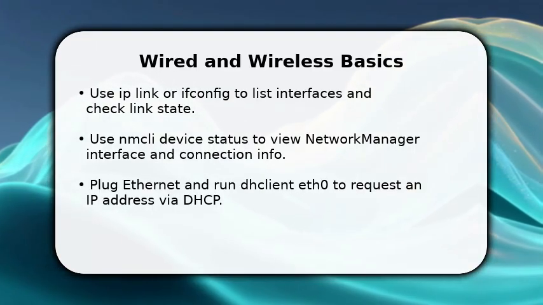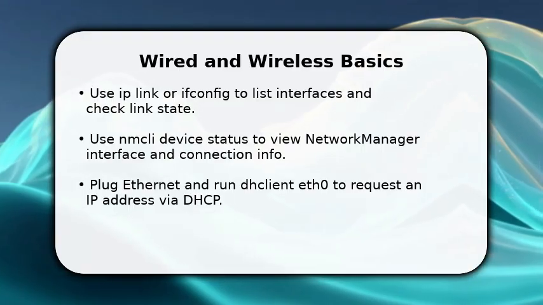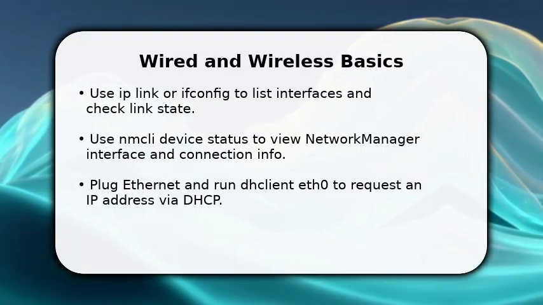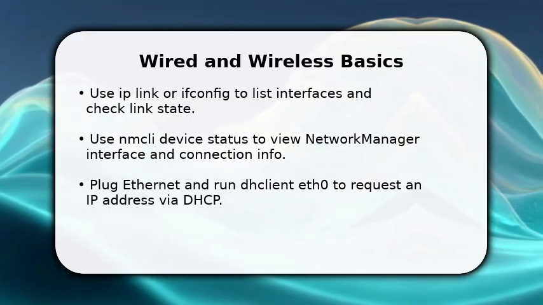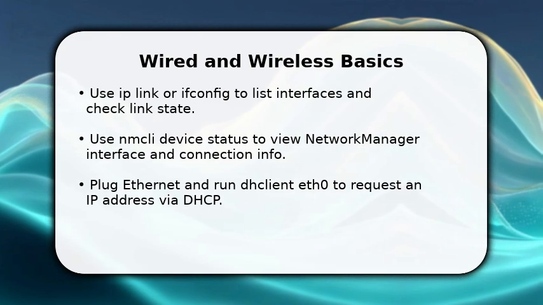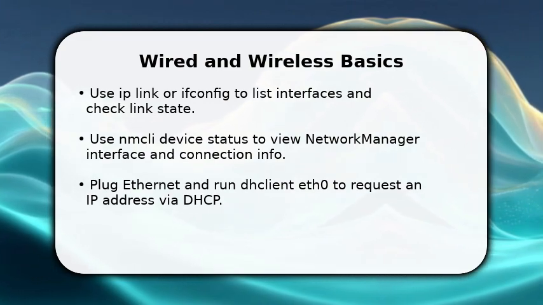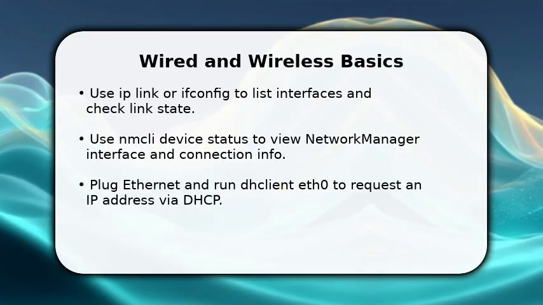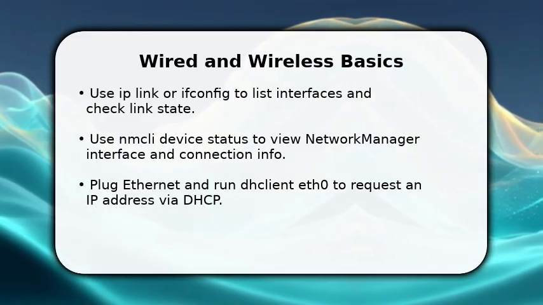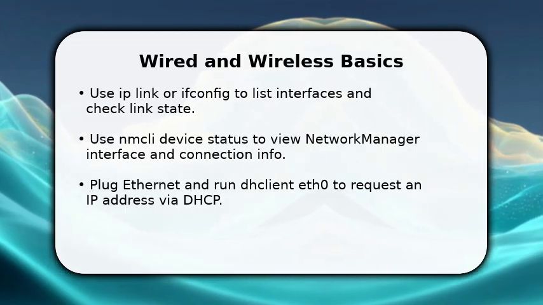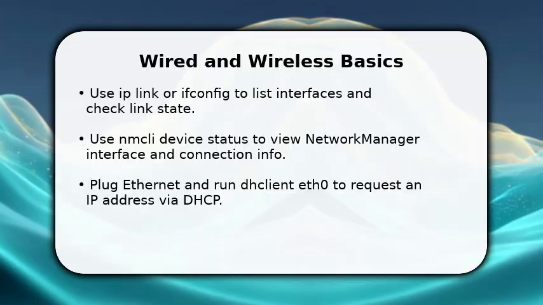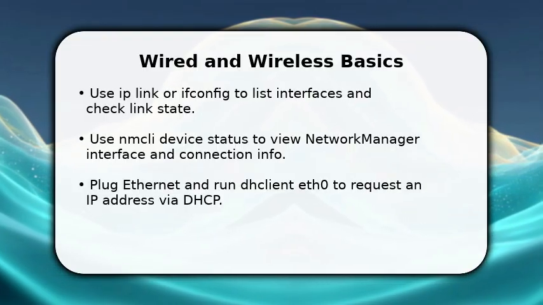For a wired connection, plug an Ethernet cable into the NIC port and run dhclient eth0 to request a DHCP lease. Confirm the assigned address with ip addr show eth0 and test connectivity with ping 8.8.8.8. If DHCP fails, assign a static IP temporarily with ip addr add 192.168.1.50/24